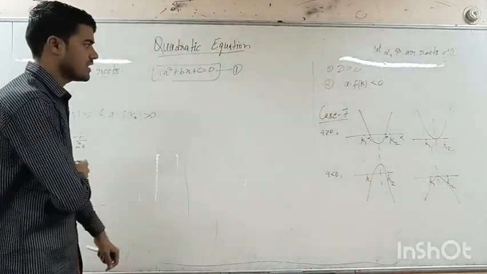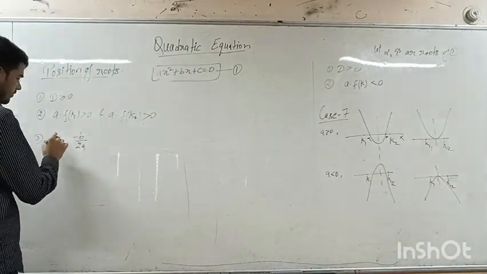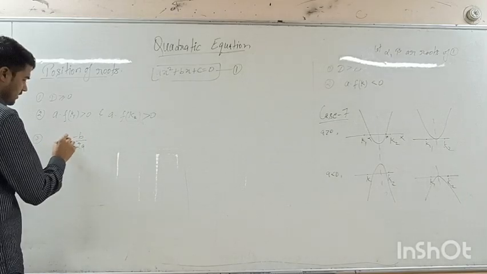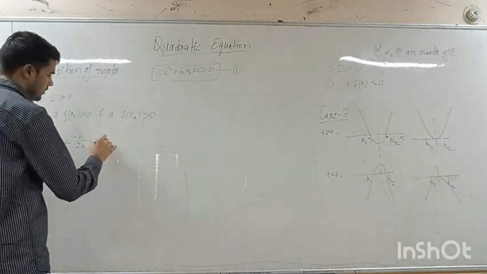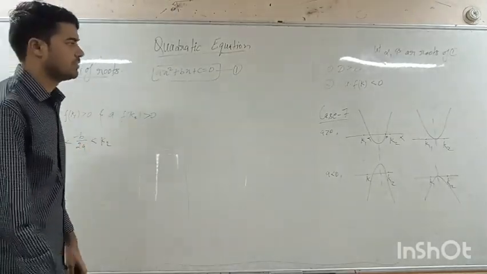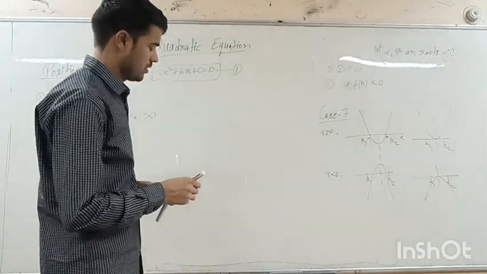From here, can we say anything? We can say minus b by 2a will be greater than k1 and less than k2. Okay? So this is,